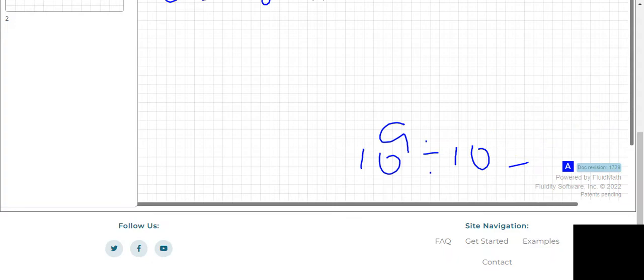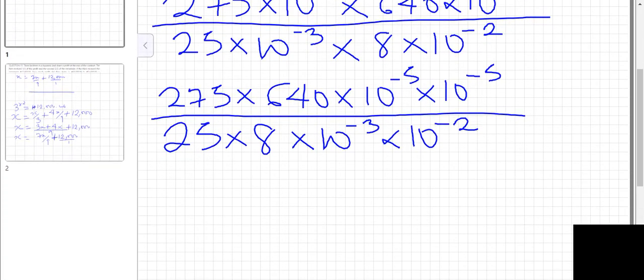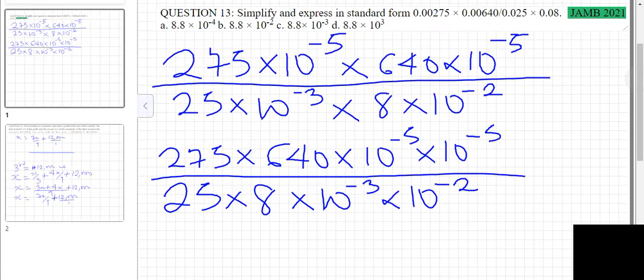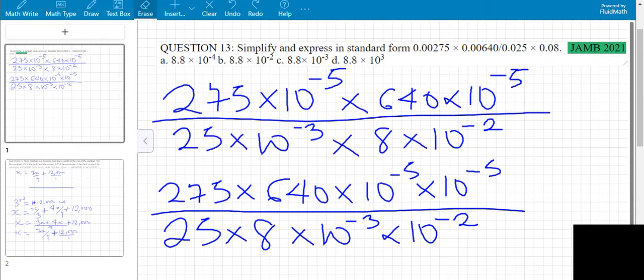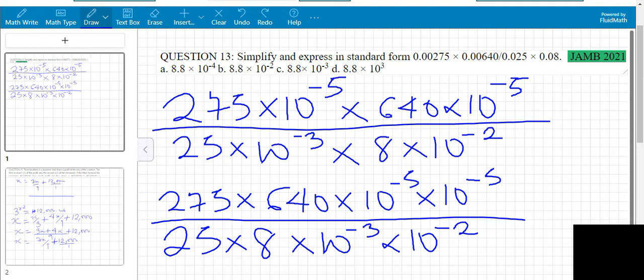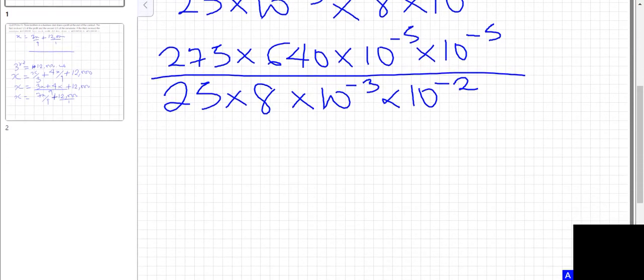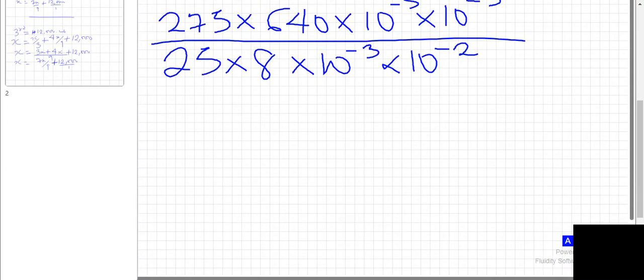Now let's go back straight to the solutions. Now if we want to simplify this, we will look at multiplying 275 times 640. If you use your calculator, we are going to have the number 900 and